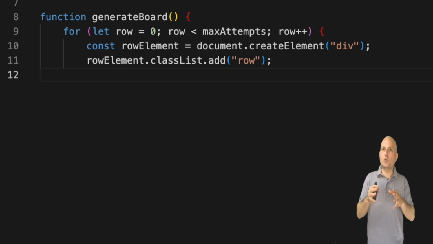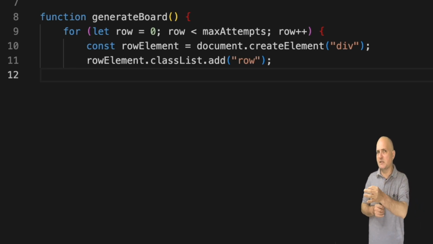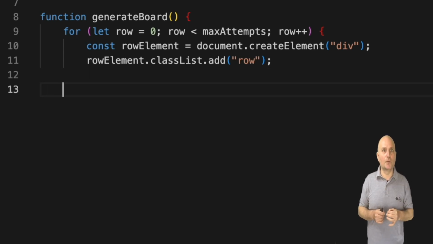In this case, we define a CSS class for the div element we just created and give it the row style. Notice that you can have multiple style classes associated with a specific div. In this case, we don't need that, but as you learn HTML and CSS, you will find this very useful.